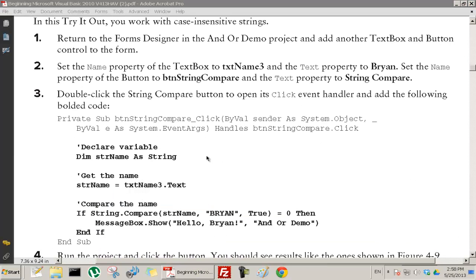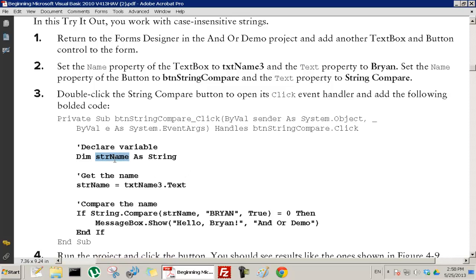Now here he gives us a way to get around that, and let's see how he does it. First we have the same thing, name as string. Here we assign it something from a text box, and then we do this statement. So we want to string compare. String.Compare is a function, and we put one of the things we're comparing with the other thing that we're comparing. But we put this as true,